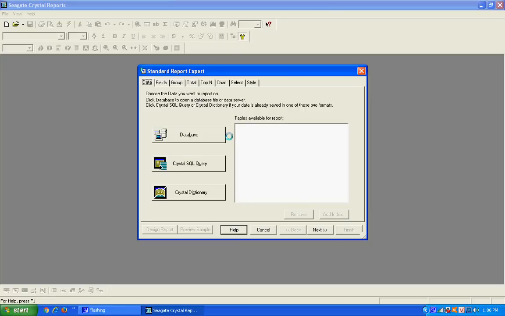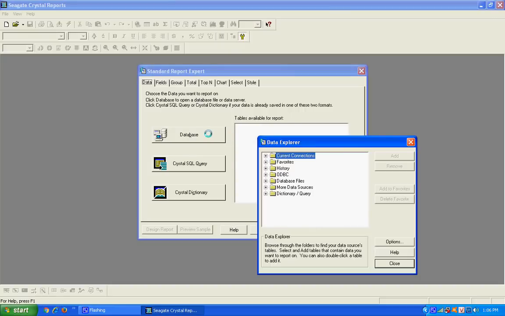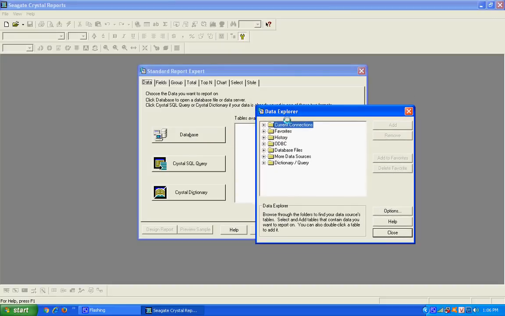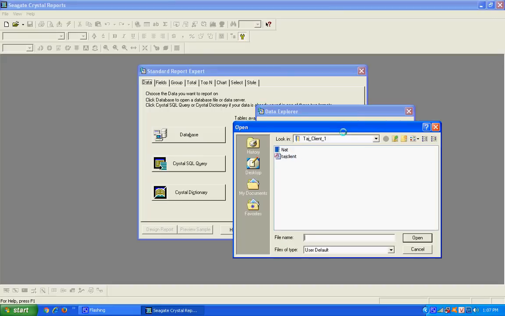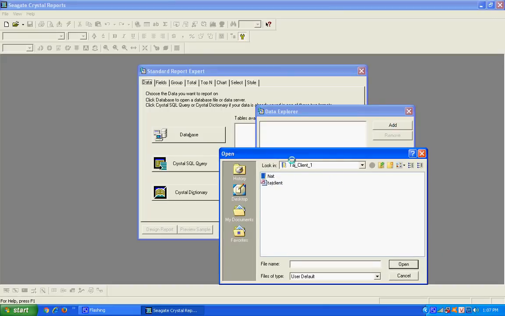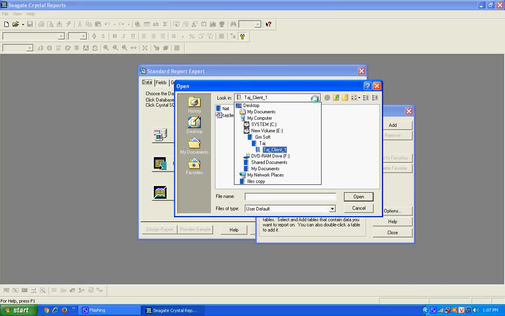I mean to say, every report depends on a database. Your customers' data is stored in a database, and from that database we are producing a report of our top 10 customers. Select a database. There are many options available, but at this time we have no time to discuss everything in brief. We need the fifth option, database file. Press the drop-down menu and find the database. Double-click here or press the Add button to show this screen. Here you select the path of your database.